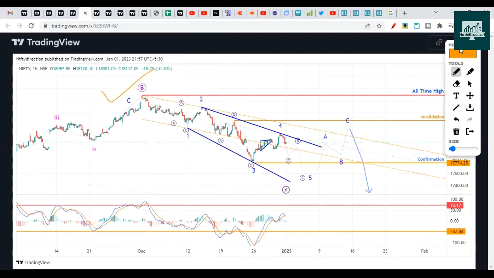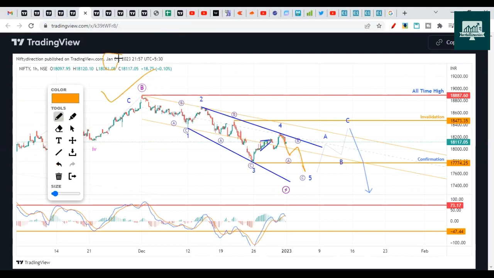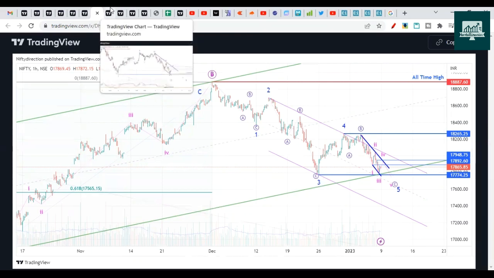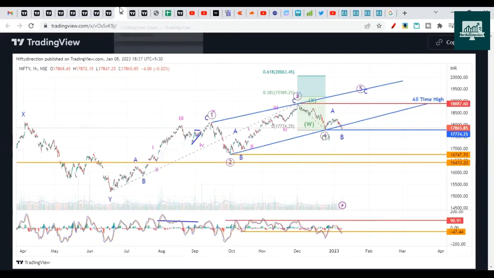What we explained in this is that it can make one more low on Jan 1st, and then give a pullback, and then the drop will resume. So this is what the view was. And this is the supporting view to that, the same chart, but we plotted the waves of the fifth wave. We showed last week that this is how it can move in the next week. But yeah, it moved a little differently. The chart is more or less the same, just that this fifth wave is changing and having a little bit different picture now. So this fifth wave is looking to be an ending diagonal pattern.